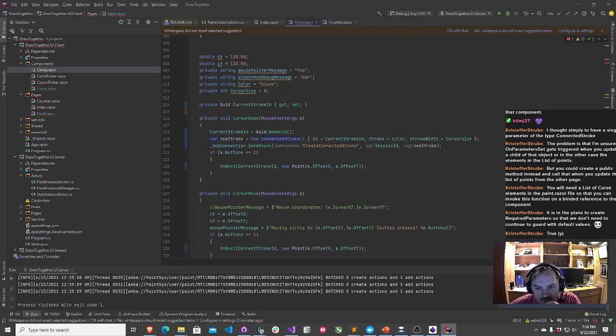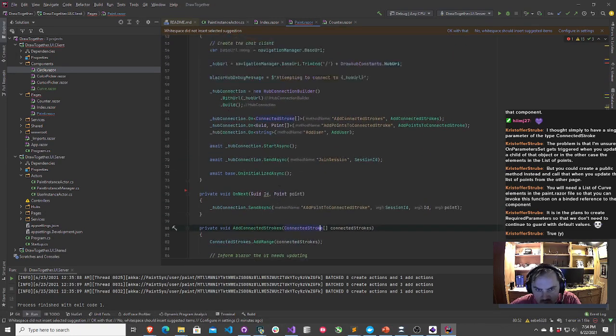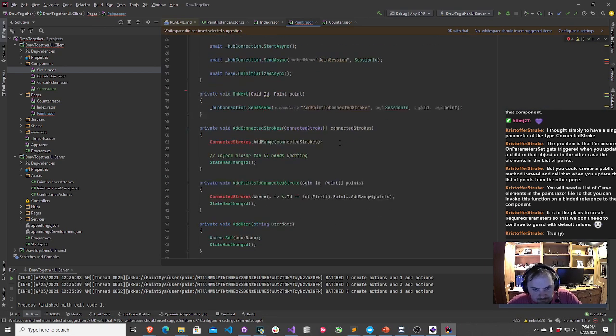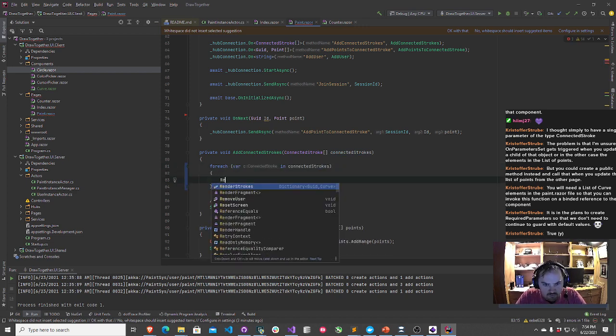You know, if I modify the actors on the back end, I actually don't need these objects anymore. Yeah, I don't think I do. If I do render strokes, here's what I'll do. Render strokes.